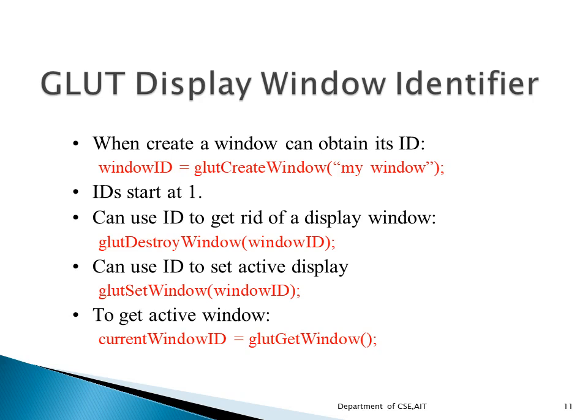If I want to delete a window, I can make use of the API called glutDestroyWindow. Here I can specify either the number that I have just created or any other number. I can give the window number and that window will be destroyed. Suppose you want to see which is my current display window and you want to apply some operations.